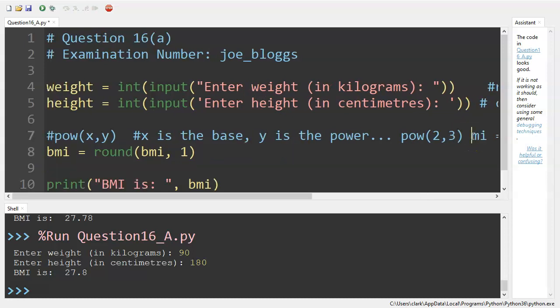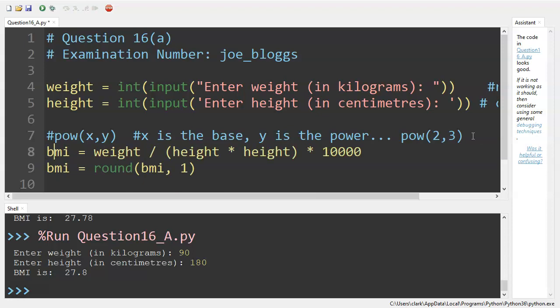Another example there, what did I do here? Sorry, BMI. Another one would be 3 to the power of 4, that gives you 81. 3 to the power of 2 gives you 9, and so on and so forth. So applying that there, you would get